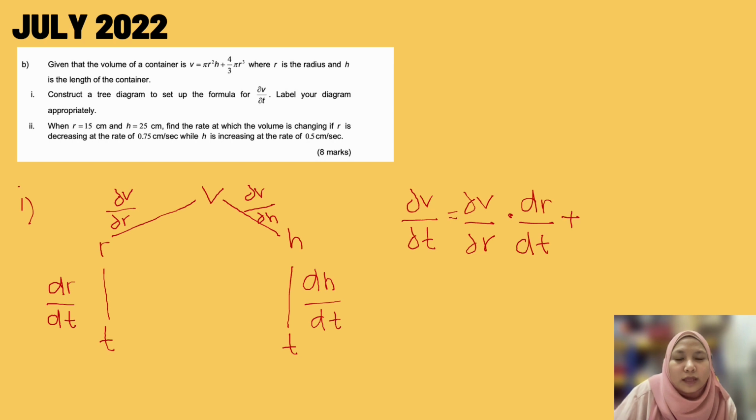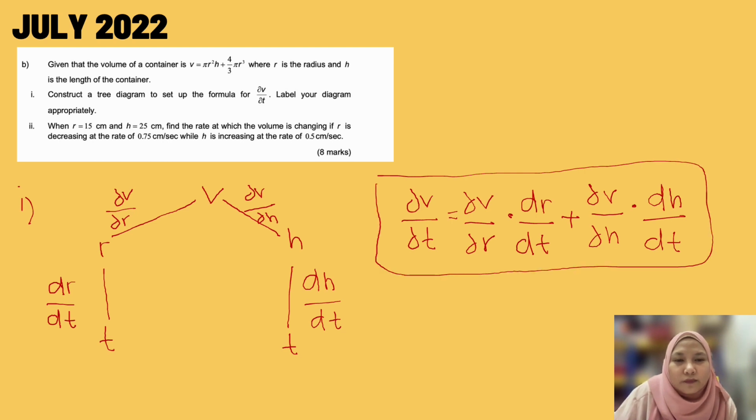Okay, plus, on the right hand side, we have dV/dh multiplied by dh/dt. So this is the formula to find the rate of change for the volume. Okay, so next we will continue to see the solution for number 2. For number 2, we need to find the rate